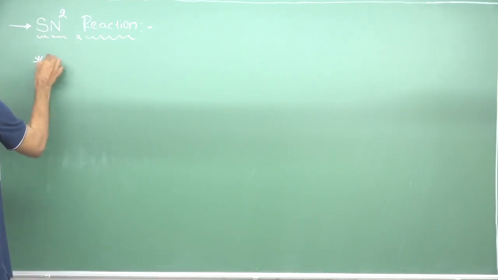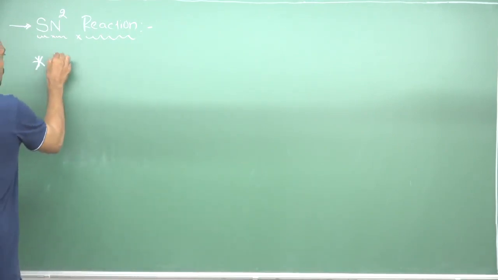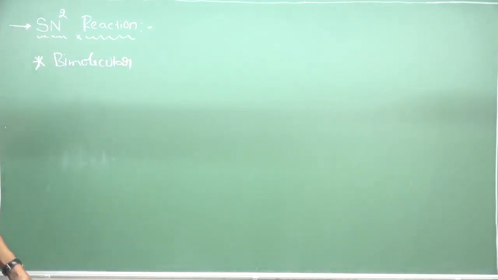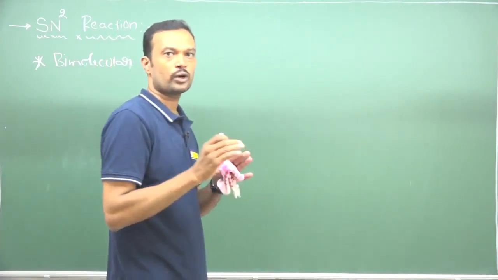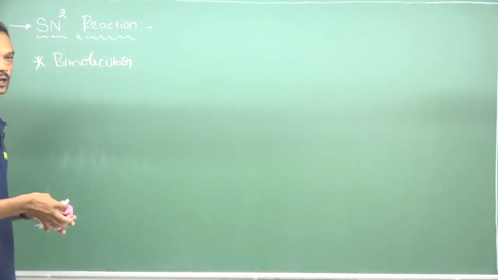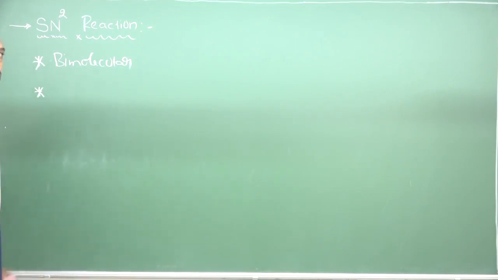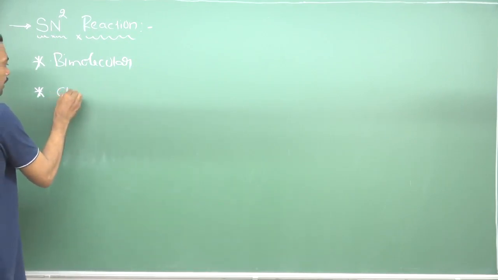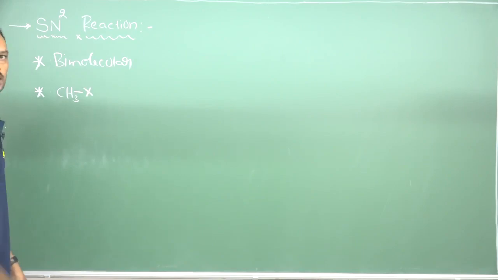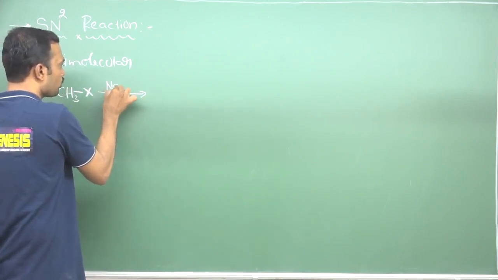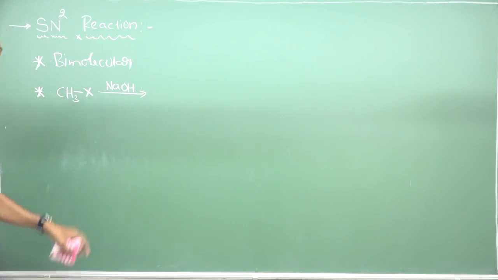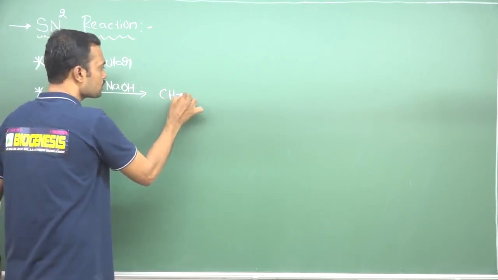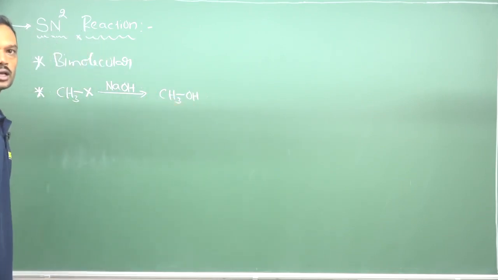So, it is also a kind of nucleophilic substitution reaction, but here we are going to name it as bimolecular nucleophilic substitution reaction. Why is this particular reaction given a separate name? Here we are using a nucleophilic substitution reaction by taking an organic part with very small size. I am taking a primary alkyl halide. Now, it is going to react with sodium hydroxide or potassium hydroxide, etc. After reacting with sodium or potassium hydroxide, this hydroxide ion can replace the halogen. After replacing, you may get a hydroxy group like this. This is called SN2 reaction.